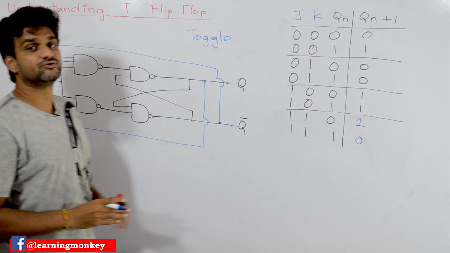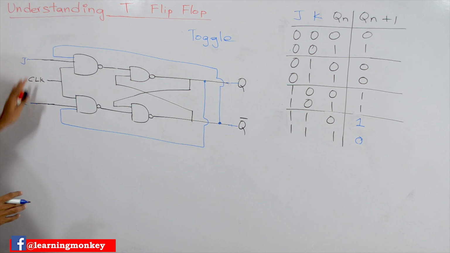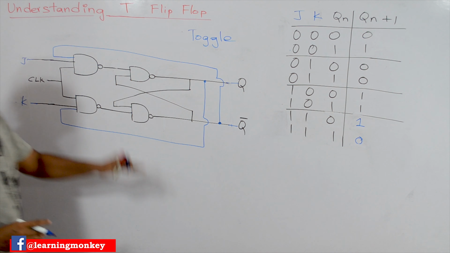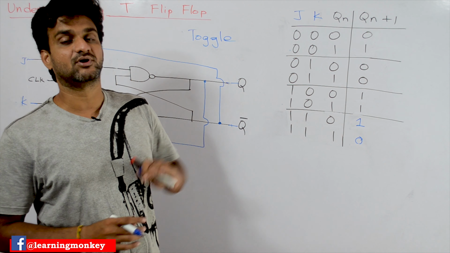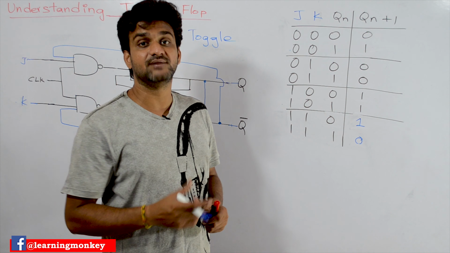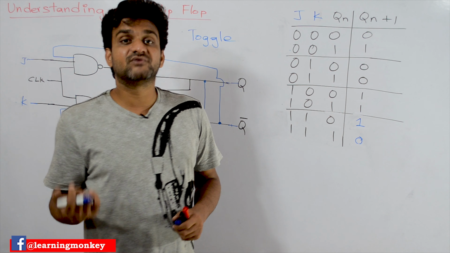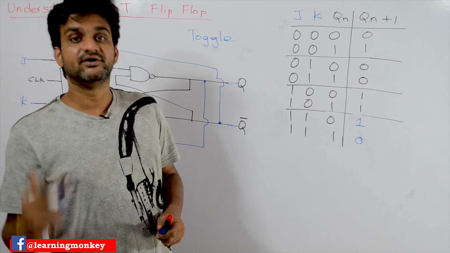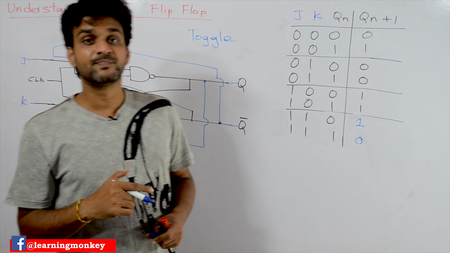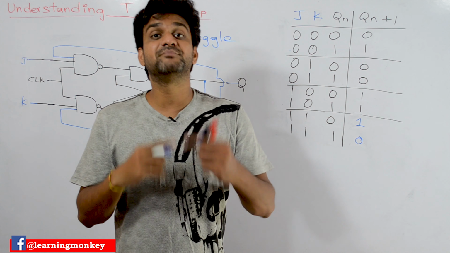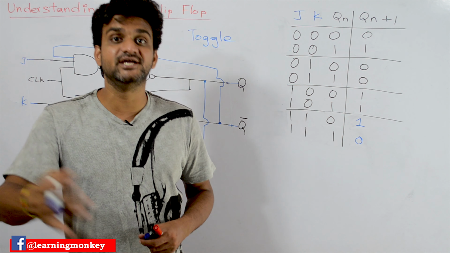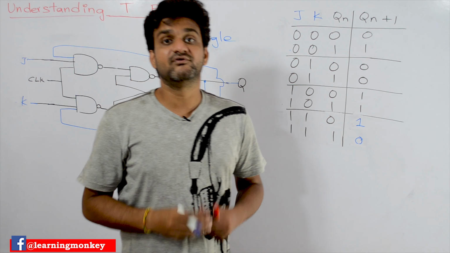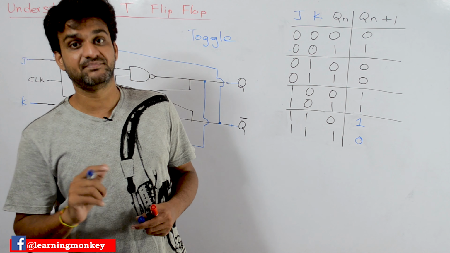Now what we are going to do is, by changing a bit in this JK flip-flop, create a toggle flip-flop or T flip-flop. What does toggle mean? Toggle means switching from one state to another state. If 1 is there, we switch it to 0. If 0 is there, we switch it to 1. So that toggling can be made. If applications need those kinds of requirements, then the toggle flip-flop can be used.